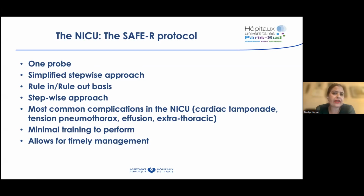The thing is, when you're faced with a crashing patient, you don't have much time. So these protocols, like the SAFE protocol, use one probe, a simplified stepwise approach using a rule in, rule out approach. And the SAFE protocol and the SAFER protocol are based on urgent and the most common complications in the NICU, but the order is in